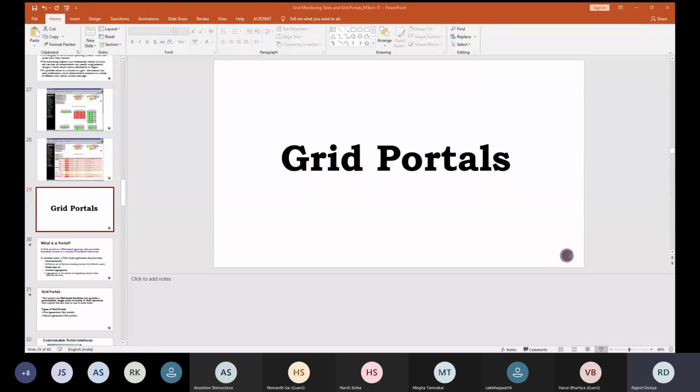So as we can see, these first generation portals consist of, yes, sir. Sorry to interrupt, but the slides are not visible, sir. Okay. So it's visible, but it's not changing. Yes, sir, it's just showing grid portals here.